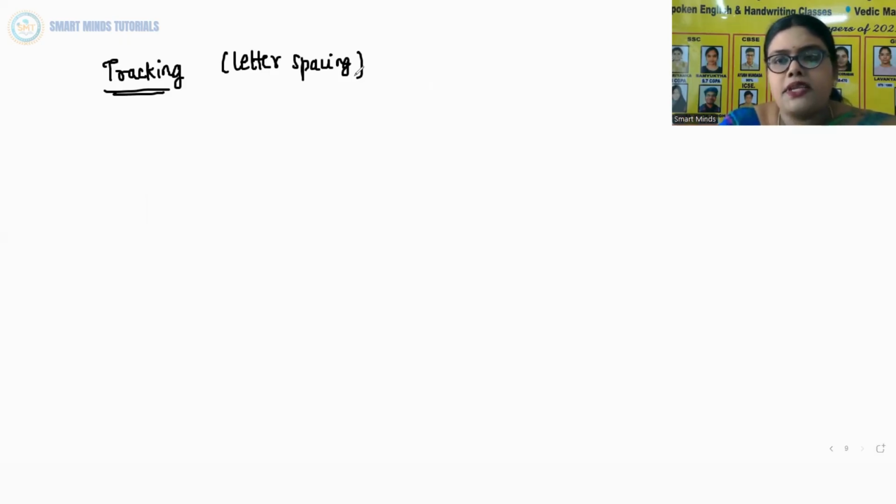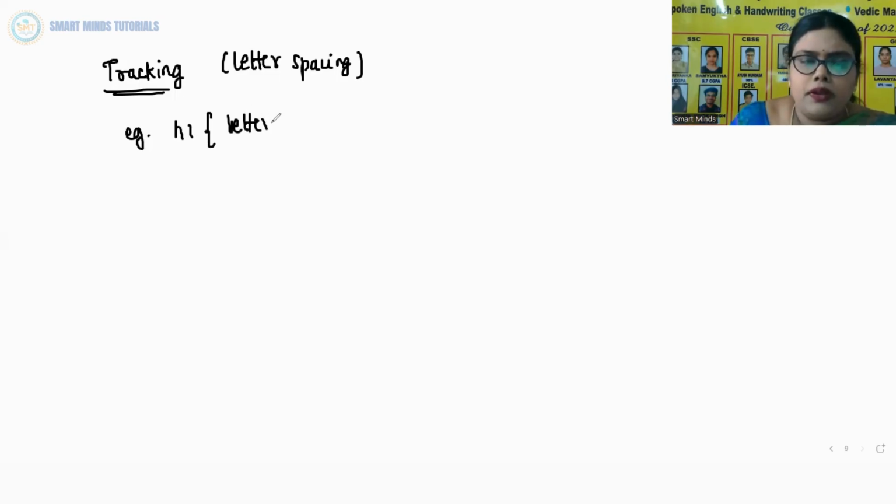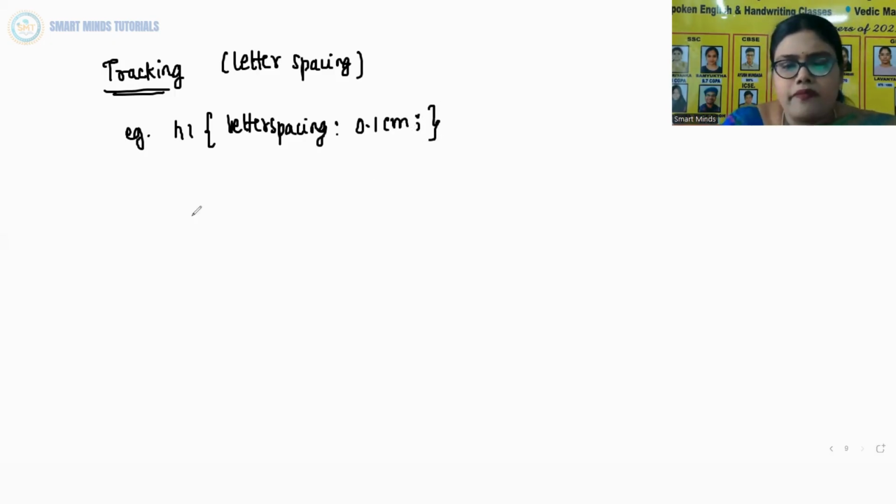Letter spacing is required when dealing with headings in uppercase letters, because reading such headings is a little more difficult than reading a sentence. For example, h1 { letter-spacing: 0.1cm; }. Close the statement. So this is tracking.